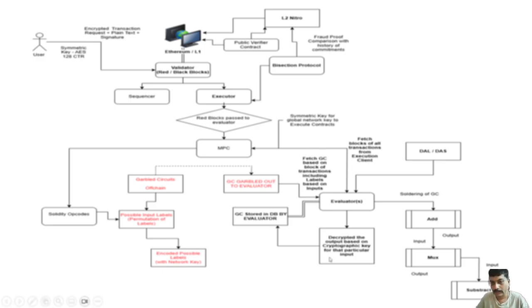Now here the evaluator decrypts it, and of course the evaluator is decrypting and executing it, and they are doing the soldering of different opcodes here. That means that they are doing a pre-execution and an execution phase in the evaluator. So in the pre-execution phase, they are establishing wires between different opcodes that are written in the